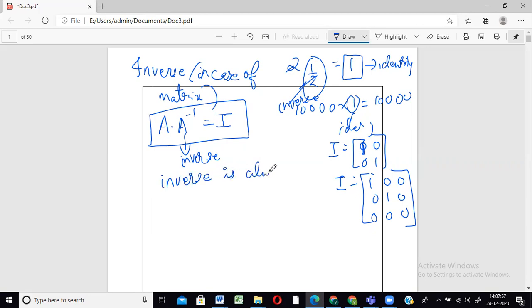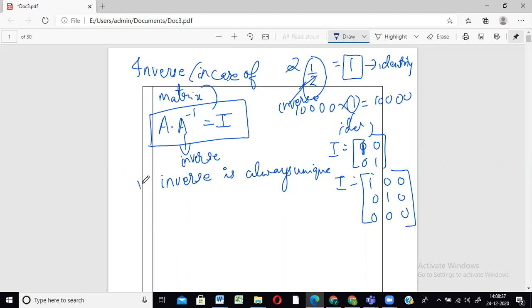Just like we saw here for 2, if you multiply 2 with any other number, will you ever get 1? No, right? Half is the only number. Other than half, can you have any other number which on multiplying with 2 gives you 1? There is no such number, correct? So half is that only number. Likewise, here also A inverse is the only matrix which on multiplying with A will give you identity. So inverse is always unique. And the inverse of a matrix you can always find out by elementary transformation, as I said, row transformation or column transformation.